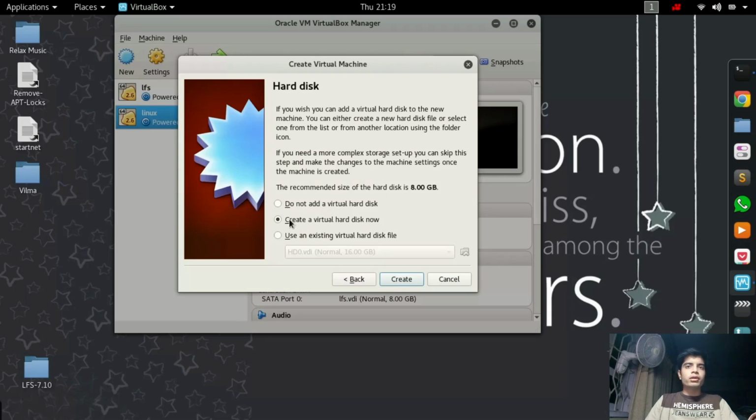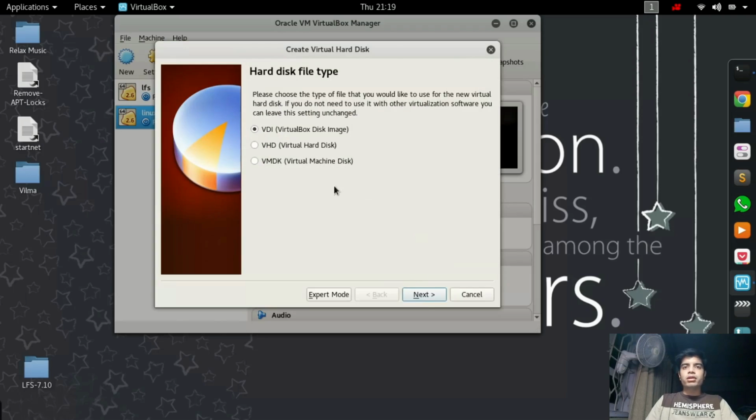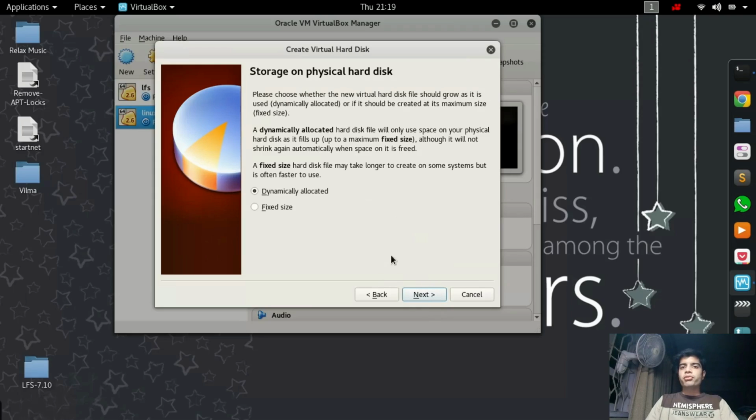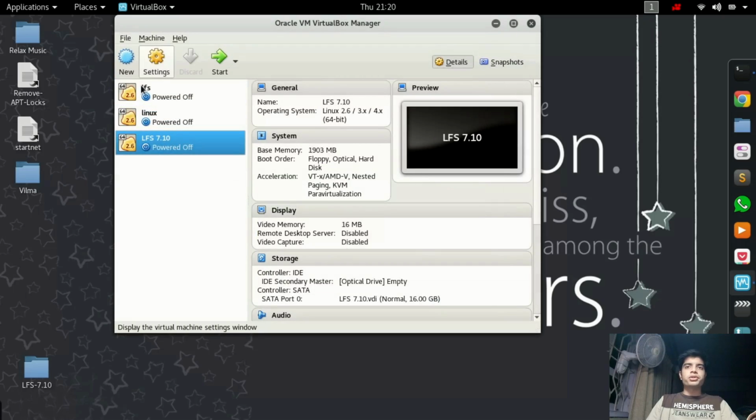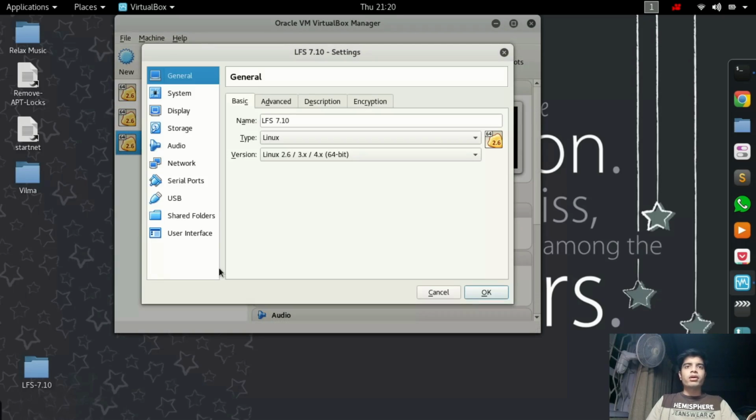Then for creating a virtual hard drive, I would recommend that you create a disk image. I would recommend that you go for 16 GB because it might take some space and you just don't want to mess it up and have to reboot your machine. So better take some precautions here. Now after that,